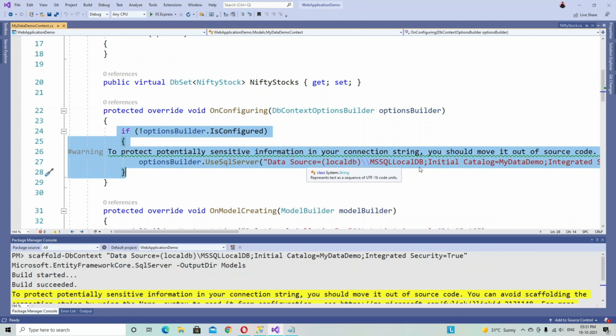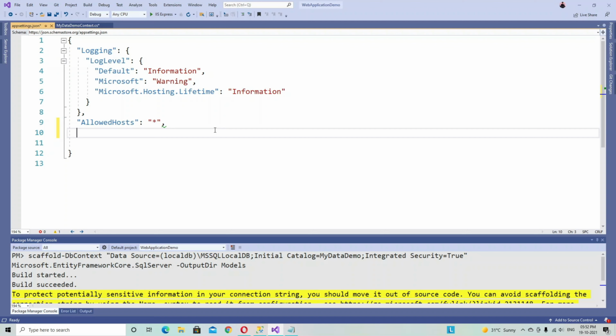Now open the appsettings.json file in Solution Explorer. Below AllowedHosts, put a comma and press enter. We will create a tag for ConnectionStrings, and inside that give a connection string name for the data source.